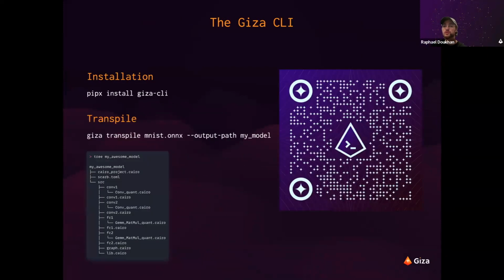Just before talking about that, the reason I'm saying that it's a framework and not a library is because our vision is to support many more backends than Cairo. Cairo is a way to have verifiable machine learning, but the vision at Giza is that if we want a transparent AI ecosystem, we need verifiable machine learning and privacy.